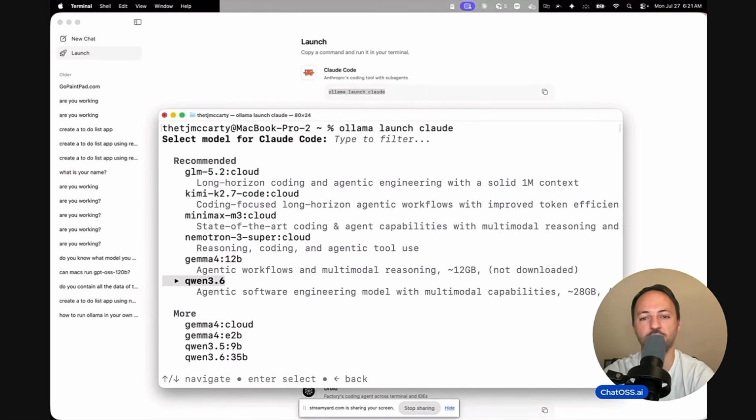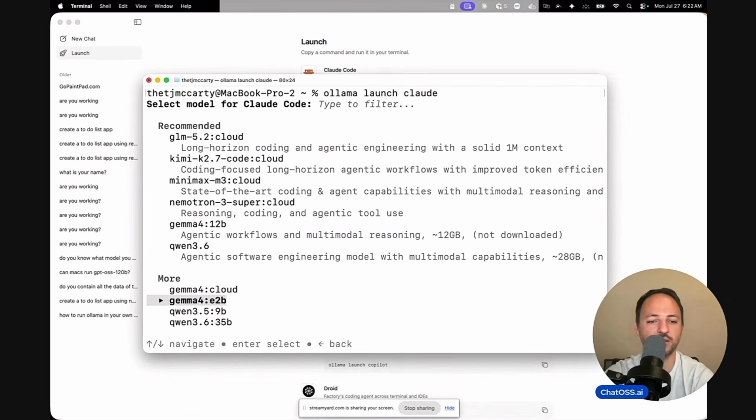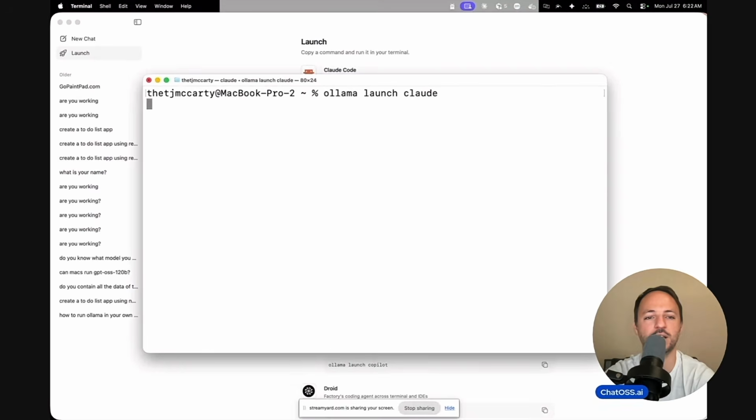Again, I'm about to share the models I think are the best ones to use based on how much RAM your computer has. And something I just realized is these top ones are recommendations. They're not the ones that are on your actual computer. And so I actually had to escape and come down to the more section. These are the ones I actually have installed on my computer. And so I'm going to go to this Qwen 3.6 35 billion parameter model, select that one,